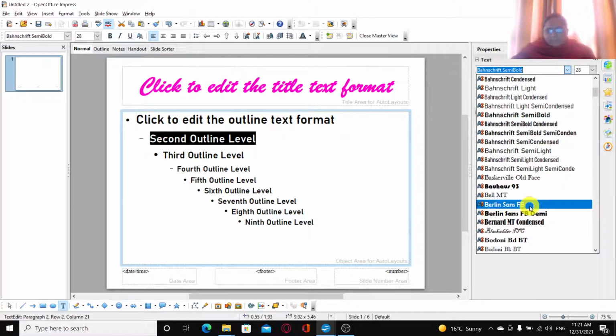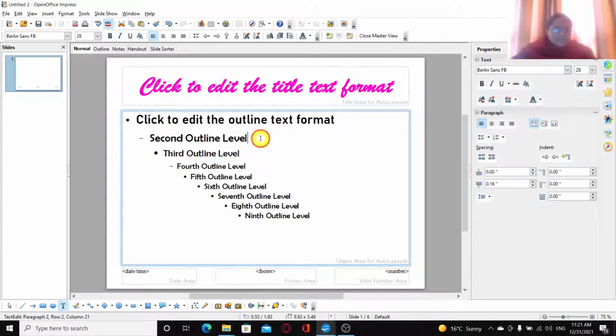Now, you might be thinking, what are these outline levels? These are actually for providing a bulleted list or numbered list. So, when a point has subpoints, for that we would require a second level bullet. So that is for this one. When I actually enter some data, you'll be able to understand. So we have up to 9 levels, and each level we can reach by pressing the tab key.